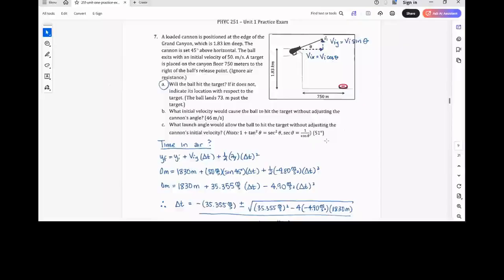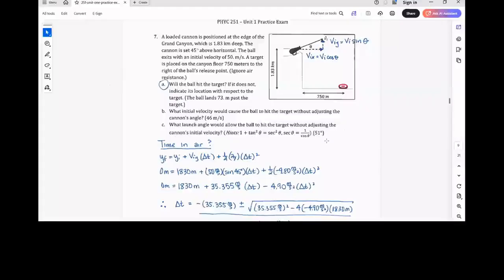Seven is a fun one, similar to one that we solved in class. A loaded cannon is positioned at the edge of the Grand Canyon, which is 1.83 kilometers deep. The cannon is set 45 degrees above horizontal, and the ball exits with an initial velocity of 50 meters per second. A target's placed on the floor of the canyon, 750 meters to the right of the release point, and